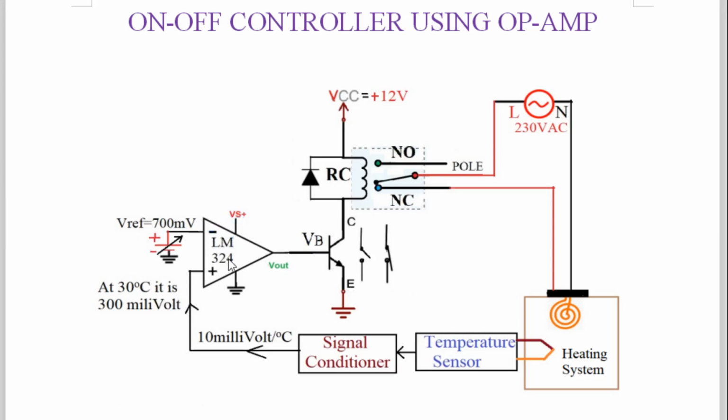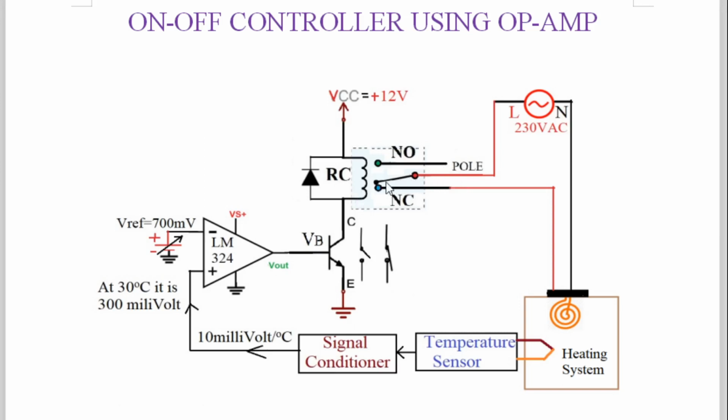So the output of the op amp is now again thrown into the low voltage level, and the relay coil transistor will behave as an open switch. The relay coil, which was magnetized, will now get demagnetized through this diode, and that is called a freewheeling diode. So that magnetic field will be killed and current will not pass through the relay coil because the transistor is now an open switch. And in this way, when the current is not passing, our original position will come again,